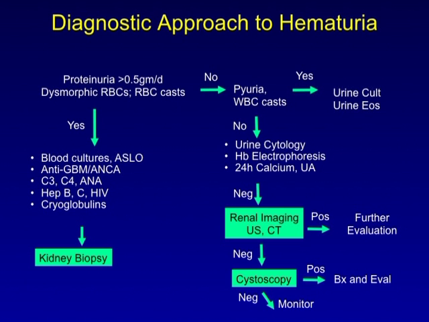Okay, same kind of review for hematuria. Again, if there's proteinuria present, dysmorphic red cells or casts, we're going to be worried about a nephronal or renal origin as opposed to urologic origin. So we're going to go down this pathway of looking for those diseases that were listed that can cause this